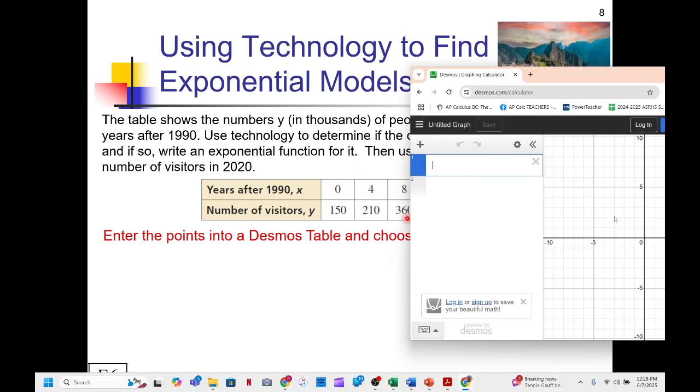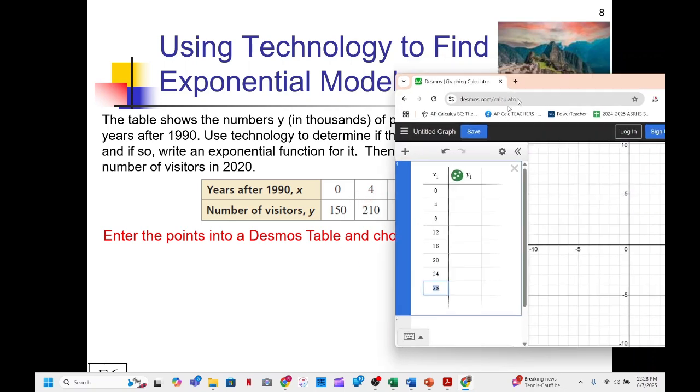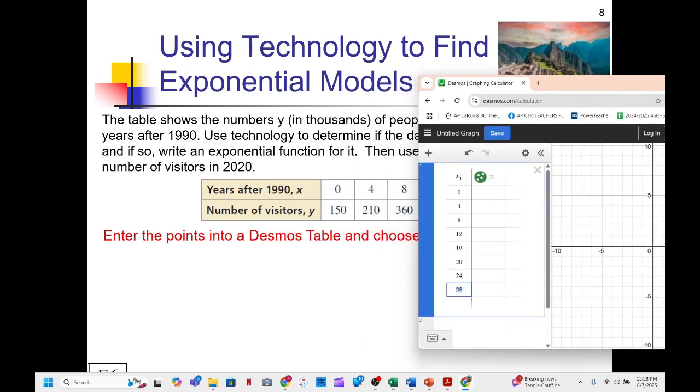All right, so I've pulled up Desmos. If you forgot, we have to make a table by hitting this little plus sign here, and then go to table. And let me make my x values first. So we got 0, 4, and these are going up by 4s up until 28. Remember, if you just press enter after the first two, it auto kind of does that for you, keeps adding the same number to give you a consistent x spacing. But always check your table and make sure it is actually consistent like that, and in this case we see that it is. Now I have to get my y values in there, so let me do 150, 210, 360,